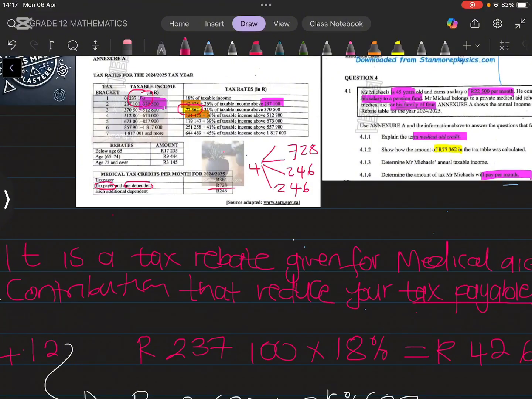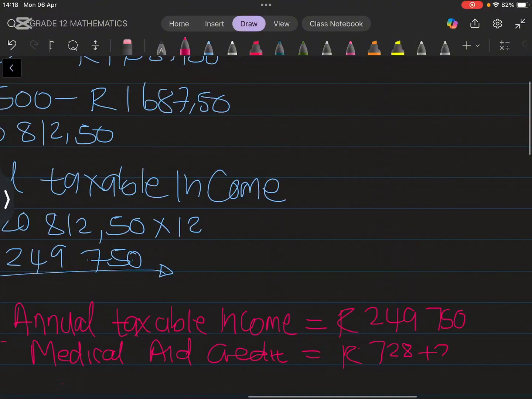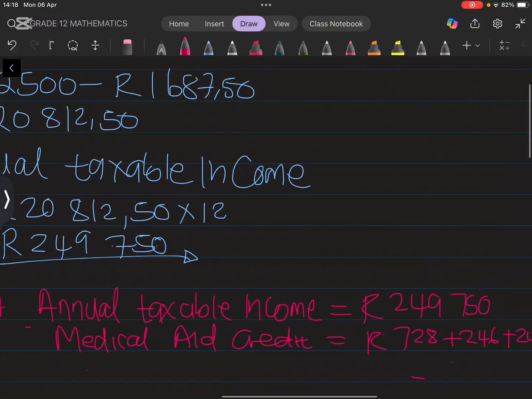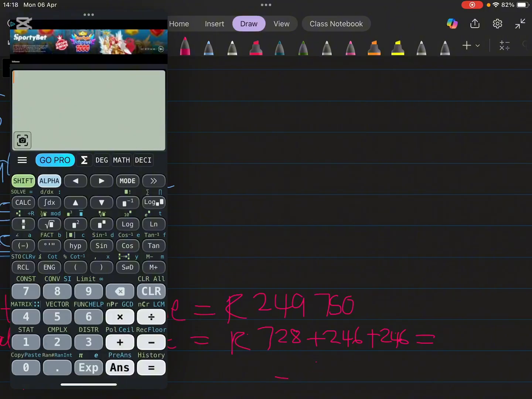They're paying 728. That will be Mr. Mitchell and 1 dependent. So that is the medical aid. So we're going to have 728 plus 246 plus 246 again, which gives us how much? Let's see. We have 728 plus 246 plus 246. That gives us an amount of